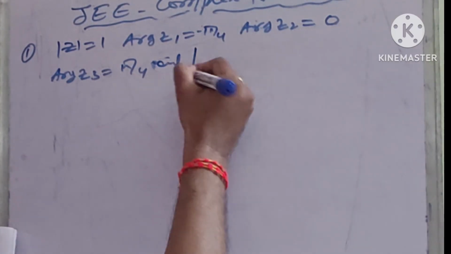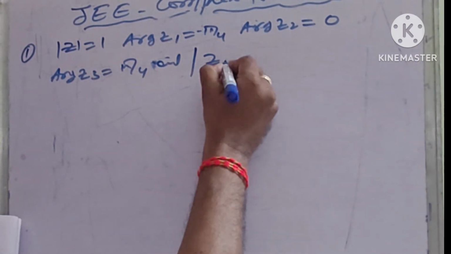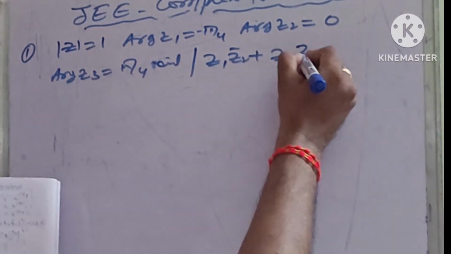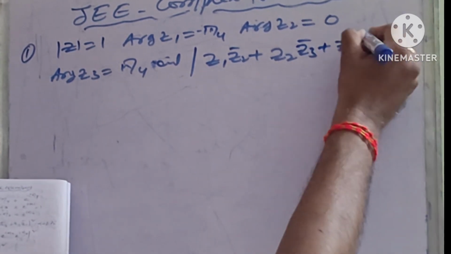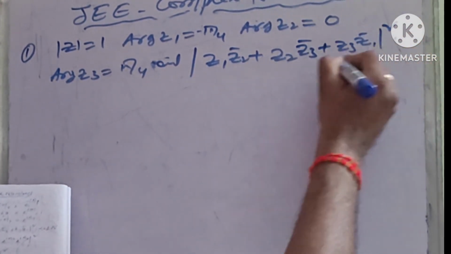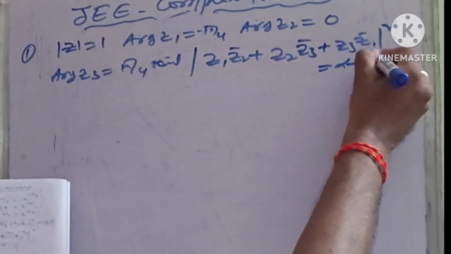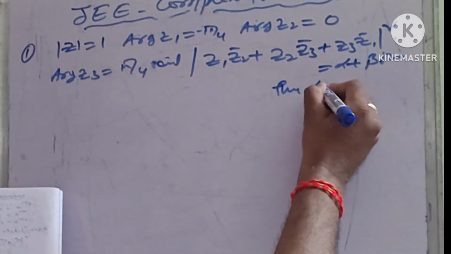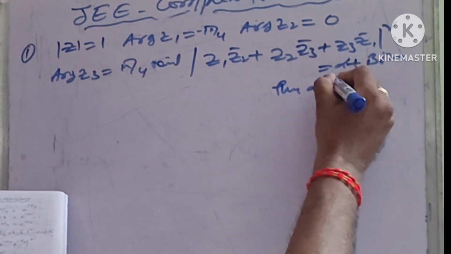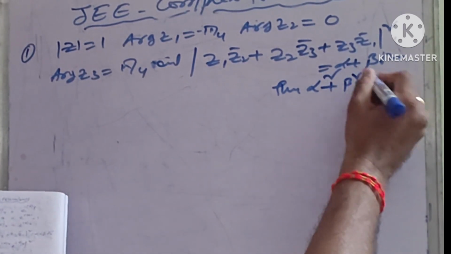Then the value of mod of (Z1 Z2 bar plus Z3 bar plus Z3 Z1 bar) whole square is equal to alpha plus beta root 2, then alpha square plus beta square is